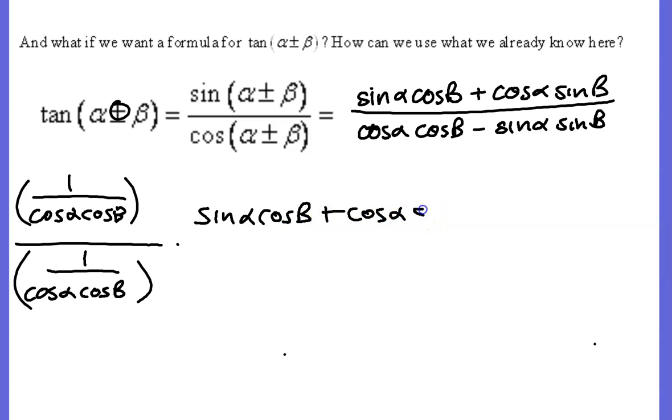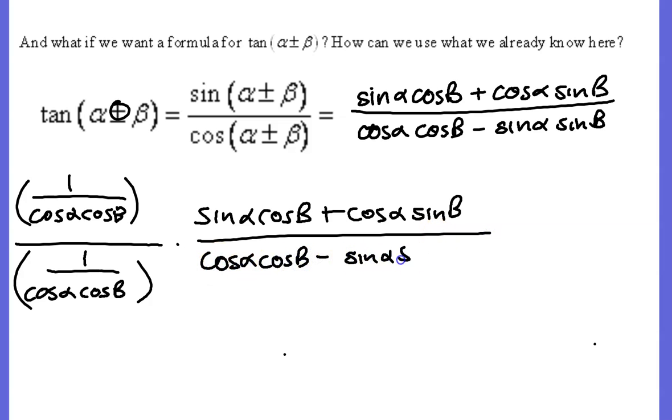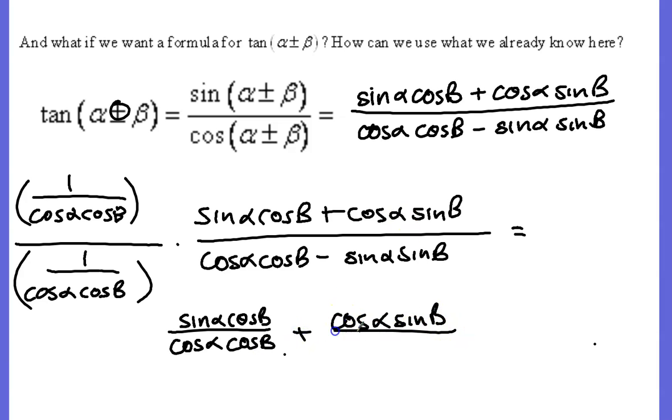Again, you do not have to do this every time. This is just to help us understand how we got there. Okay. So this is where you're going to have to look ahead at what I'm multiplying. If I were to multiply this guy times this, I want everybody to be very careful. This guy times the first here, you would end up with sine alpha cos beta over cos alpha cos beta. Plus,